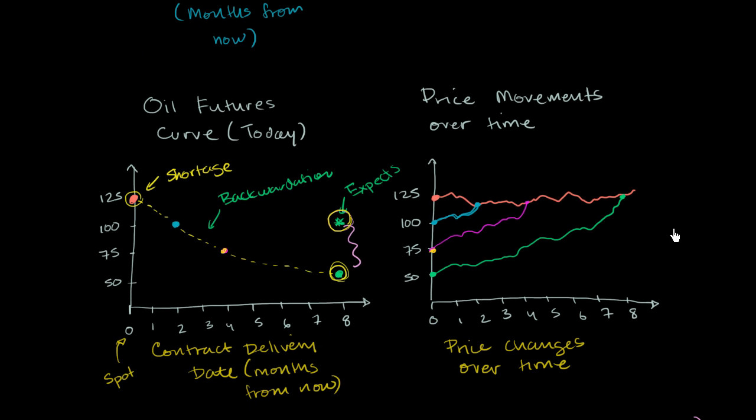Same thing for normal backwardation. The only way that you can really observe it, or even attempt to observe it, is to look at what happens to this price over time. In 8 months, the delivery price is $50, but as we move forward in time and that contract becomes closer and closer to its actual delivery date, it will converge with the spot price, and it will move up. So this observation of the futures price moving up as you get closer to delivery is a better way of observing that a market is experiencing normal backwardation. Hopefully that clarifies some things.